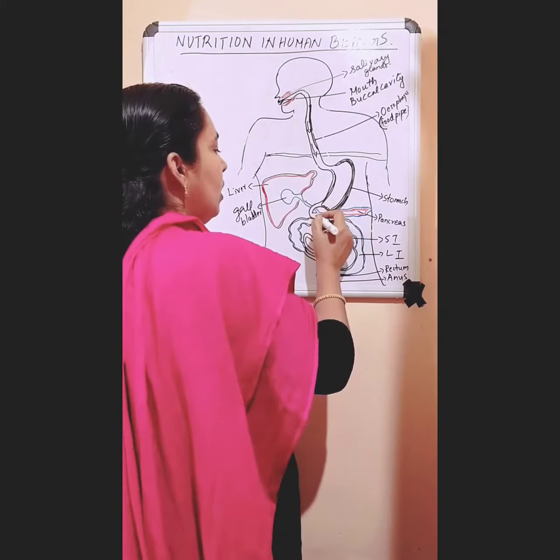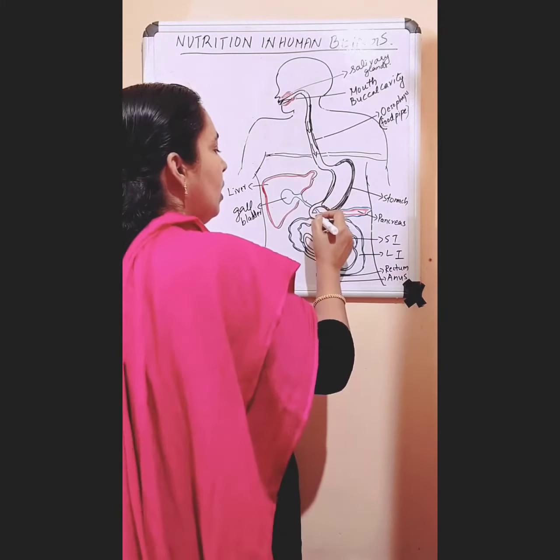Okay. So if the walls of the small intestine were straight like this, and if these walls are absorbing the food, what about the surface area? Only this much. But if it has so many foldings like this, what about the surface area? So what is the advantage of villi? It gives a large surface area for the absorption of food. Okay. So through villi, the digested food is absorbed and it is collected into the blood.